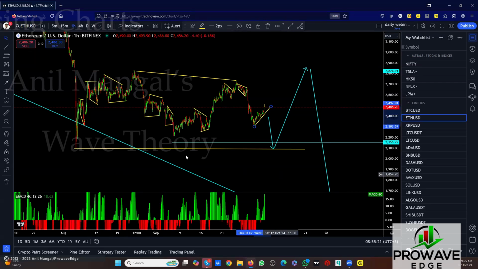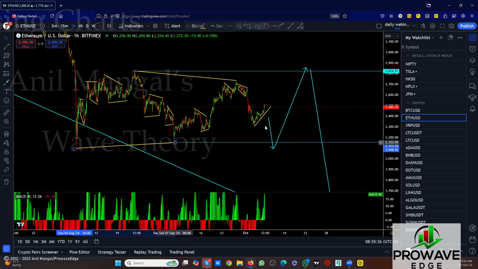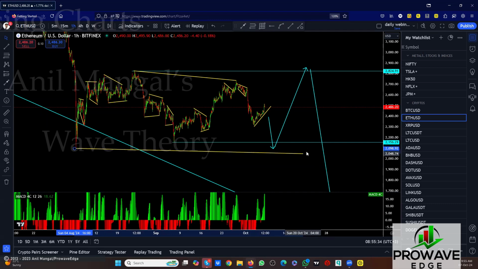I don't think this will drop off because I'm not looking at this as a contracting flat. If we looked at this as a contracting flat, then this could drop straight to the bottom. I think this is a little sharp. It could be, but this one looks a little sharper than the rest. So I assume that they'll go back up one more. Take the sell and then we'll see where it goes, right?